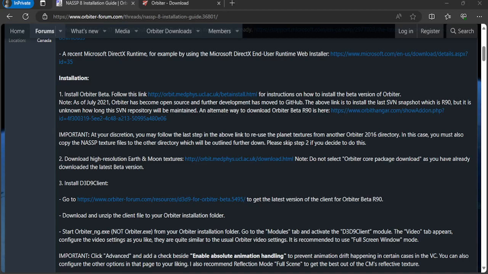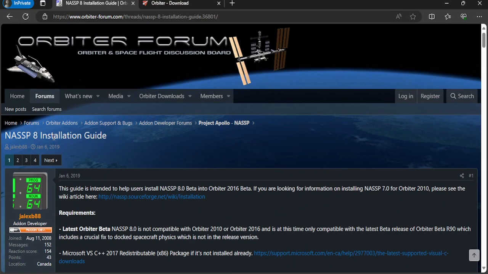Hello everyone. By popular request, we're going to do a NASSP installation tutorial. This is the Saturn V that you see me fly. So you're going to go over to this installation guide here,